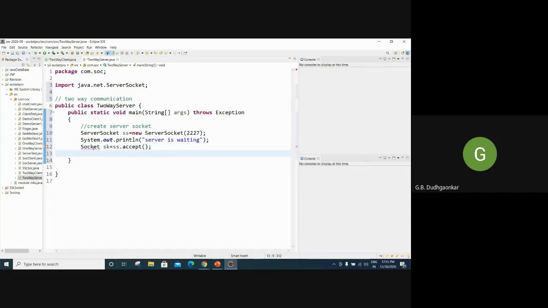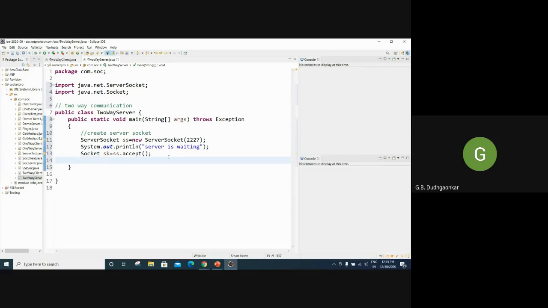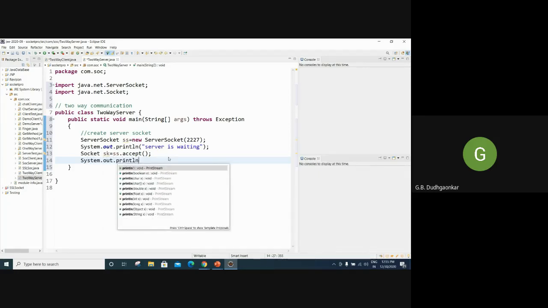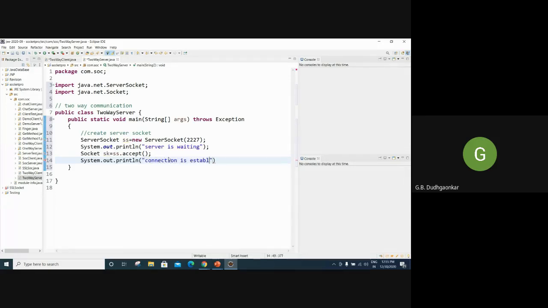Again we have to add java.net.Socket. After that we can again flash one message that the connection is okay. So the connection is established now.